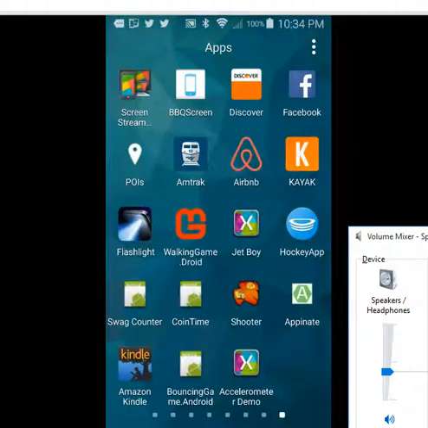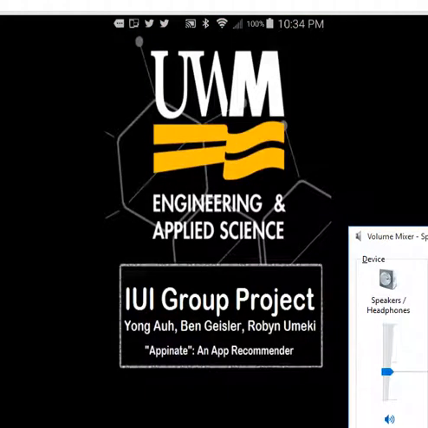So we've called our product Appinate. Clever little name we came up with, and basically the idea is that it's a recommender system for apps that you might like. And basically there's three phases that we go in. The first phase is we do a search using the 42 Matters API of the Google Play Store. And again, it's a live search through all the apps that exist, the millions of apps that exist on the App Store. So you can go ahead and type in,